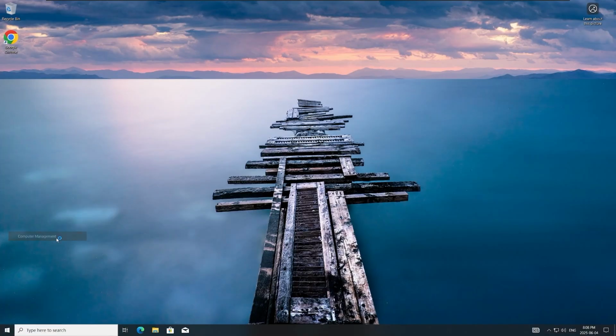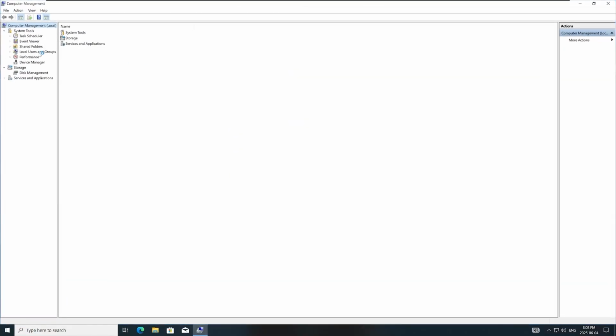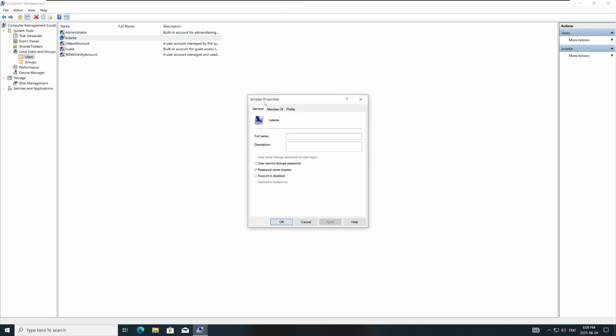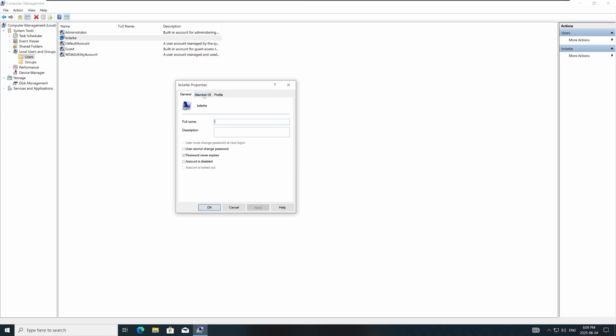Next, I'll right-click on the Start menu and open up Computer Management. Under Local Users and Groups, I'll click on Users, and here we can see several users, most of which are disabled, except for the bclark account. When I first set up this computer, bclark was the first default user account that it created, and Windows automatically adds the first user account to the local administrators group. Clicking on the bclark account and viewing Member Of, we can confirm that Bruce Clark is indeed a member of